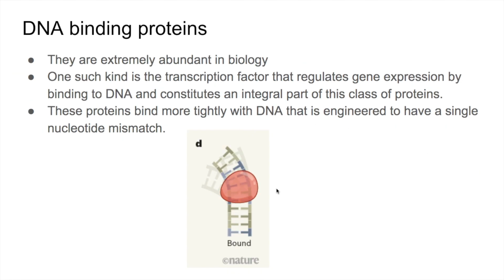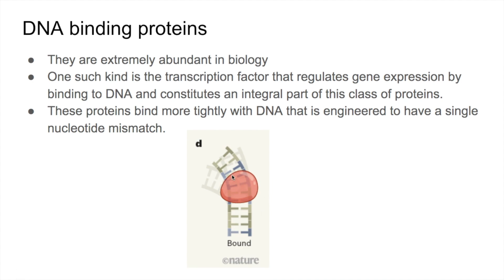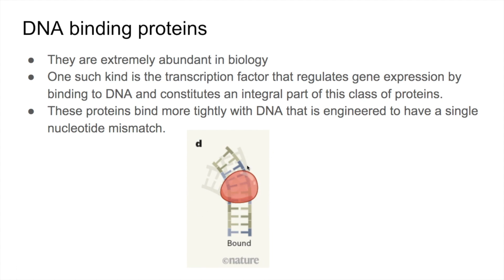So there are certain kinds of proteins in biology known as DNA binding proteins, and they are extremely abundant in biology. These proteins have been found to have greater affinity for DNA that is distorted or that is engineered to have a single nucleotide mismatch. And by distorted, I mean DNA that does have a mismatch. And when there is a mismatch in the DNA, that results in DNA distortion. So, since A is not complementary with C, it results in distortion, and that makes it easier for proteins to fit in with the DNA